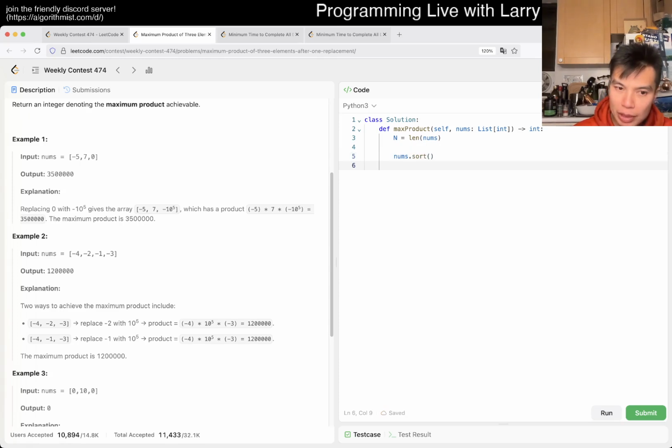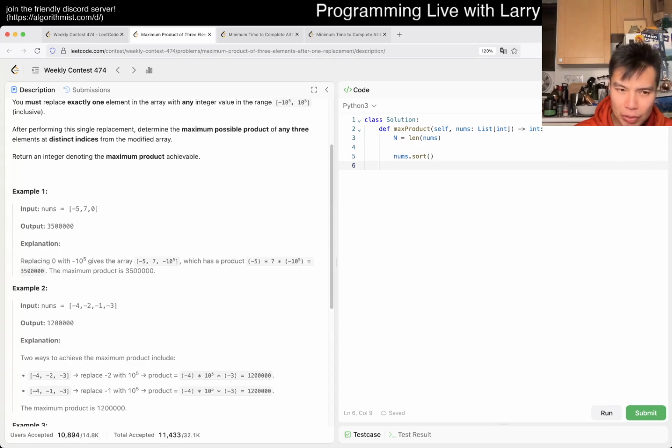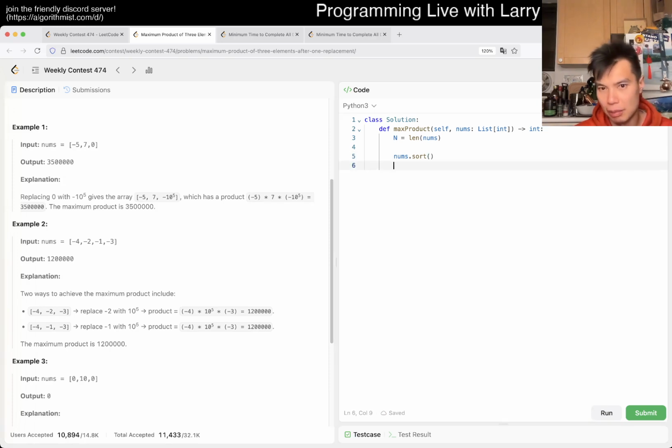We probably only really need. Do we always have 3 numbers? We always have 3 numbers. So we only really have to look at the smaller 2 numbers, the max 2 numbers, and then maybe one of each, right? I think that should be right? So this is small, right? And small means that we assume them to be negative. So then we want